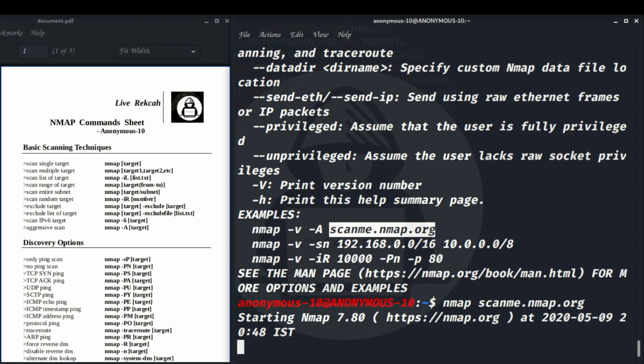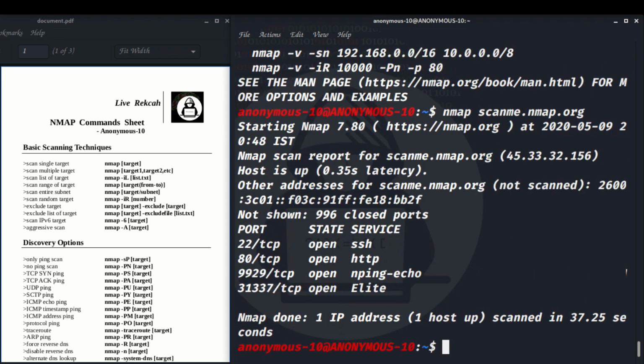Let's wait. If you want to use or practice Nmap, you can use scanme.nmap.org like me. Otherwise, you can trace your own network. I will teach you that. Let's open another terminal. Yeah, it's come.